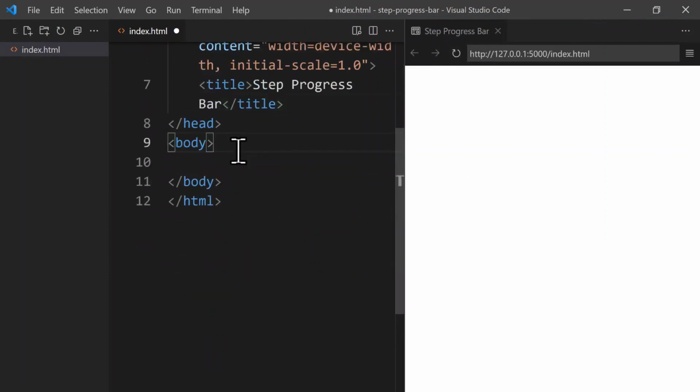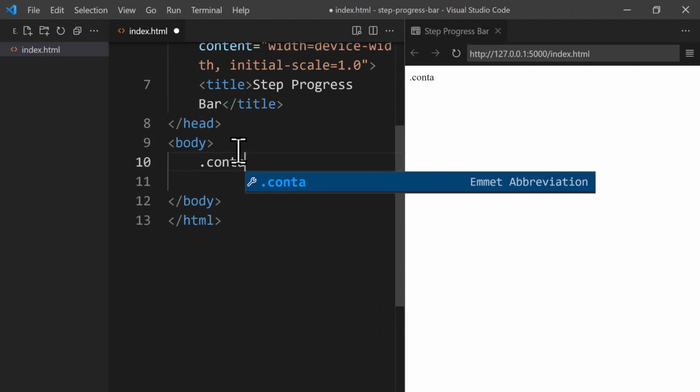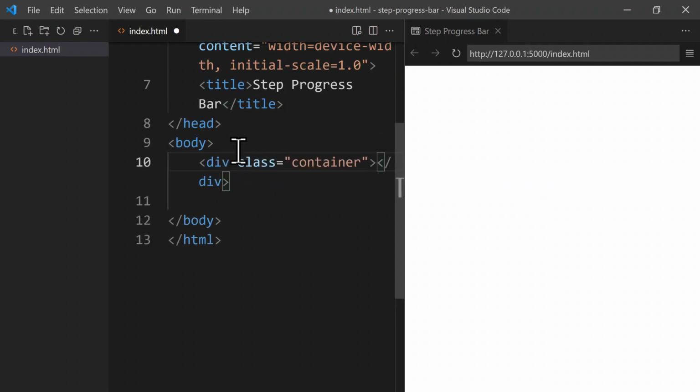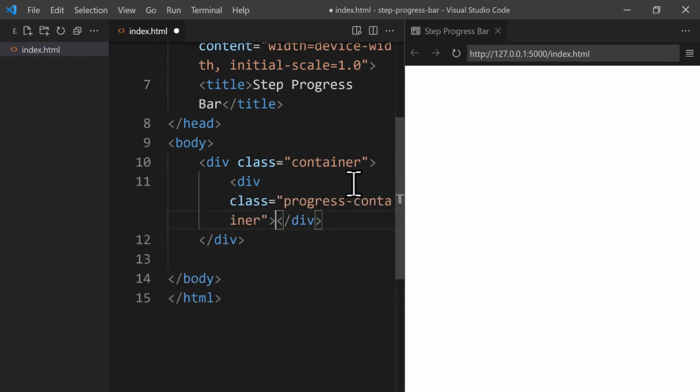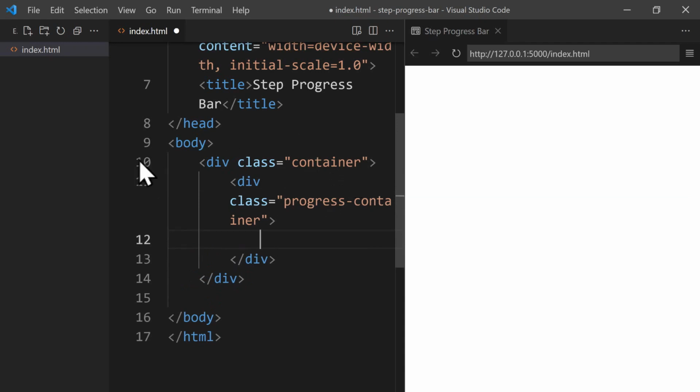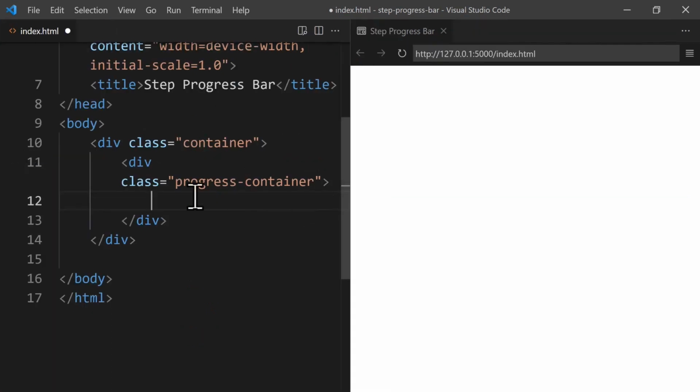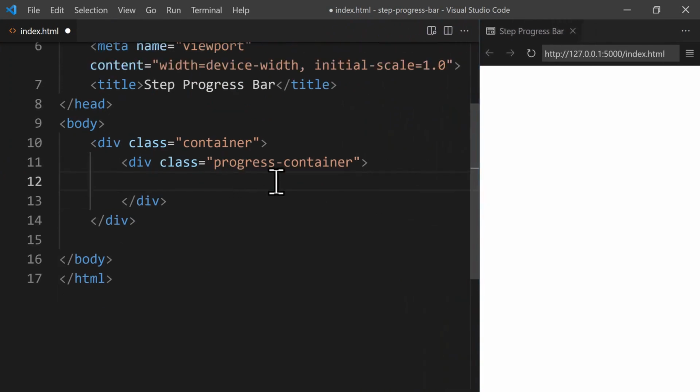And in the body section, first we add a container. A div with a class of container, and inside this container we put our progress container, which contains the progress bar. And inside the progress container, let's close this for now so we have more space to see. So inside the progress container we have 2 bars. We use the HR tag to create a line, and we add a class of progress bar